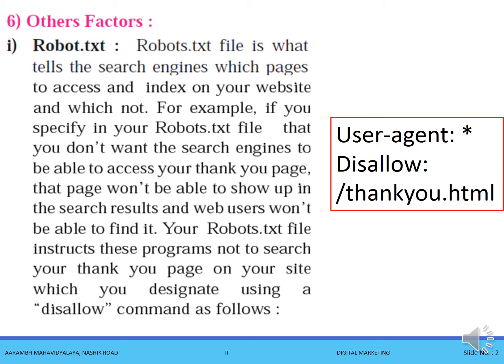For example, the user doesn't want to display the thankyou.html message, which is in the file thankyou.html, to the users. At that time he has to use the command disallow. By using star disallow and thankyou.html, this file will be removed from the index and no user can visualize this file. This is the purpose of the robots.txt. By using this criteria, you can increase the ranking of your website as unnecessary contents will not be displayed on the web page.